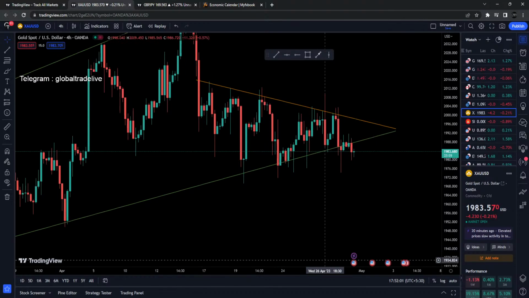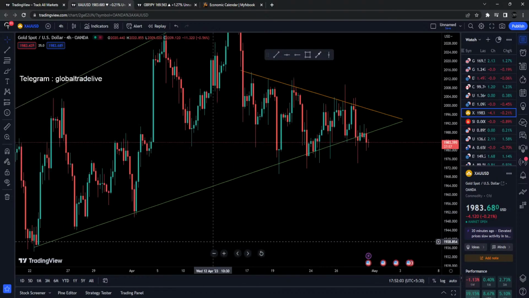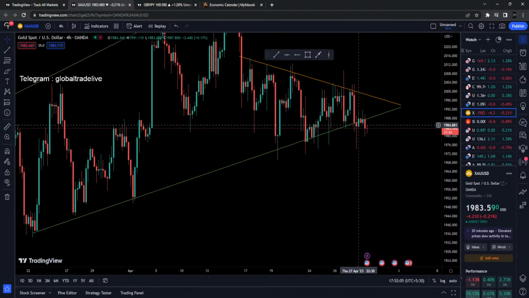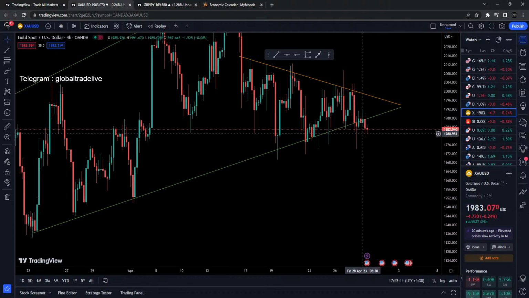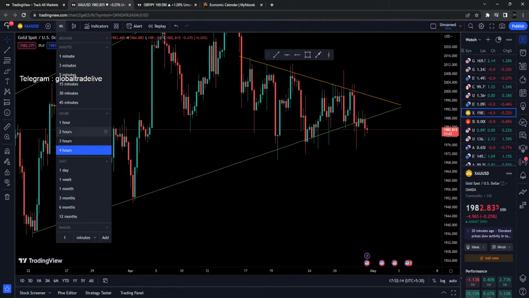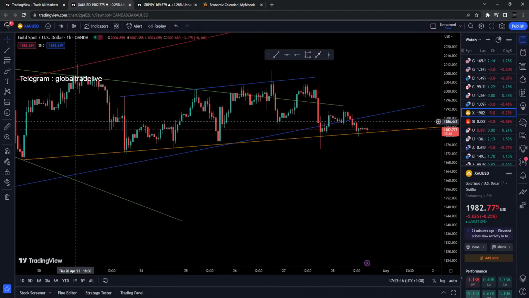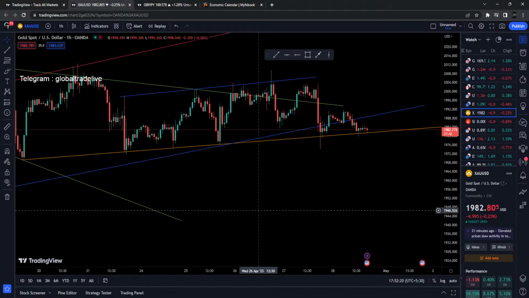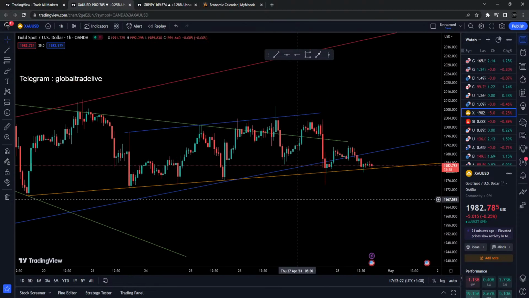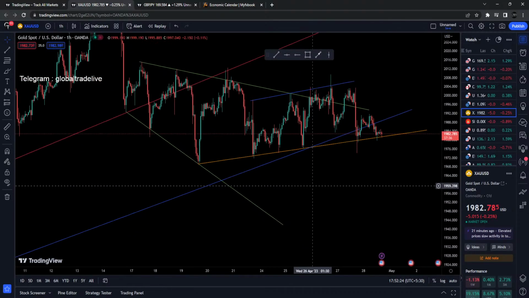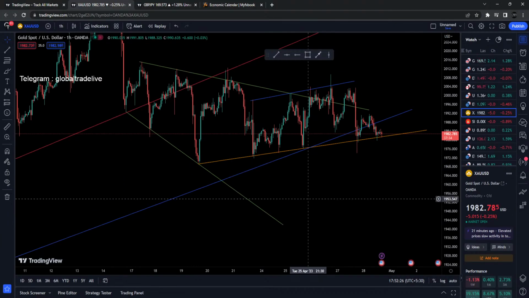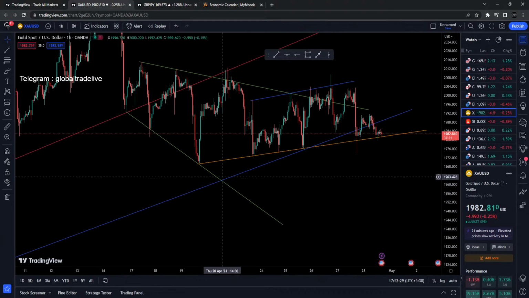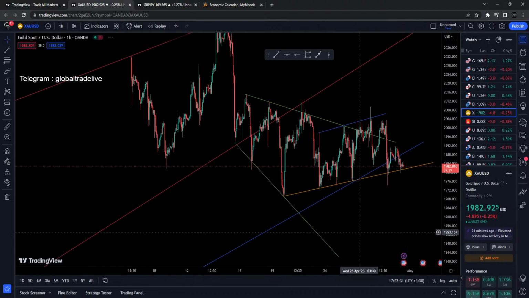We don't know that yet, but by looking at the market structure, I really think that the market has spent a lot of time over here. That can possibly mean that the market is going to move down from this point. So to verify this analysis: daily is bearish, 4-hour is bearish. Now we have to look for something that can tell us the 1 hour might be going down as well. Okay, so now let's focus on some zones over here.